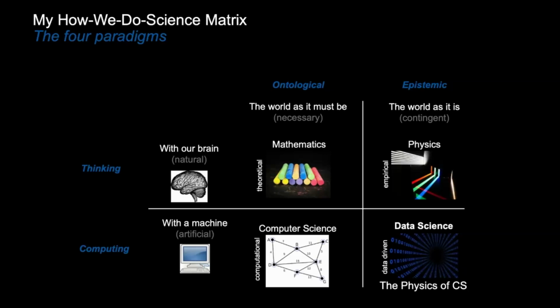But in physics, it's different. In physics, you have to go out and experiment, right? You need to figure out, for example, if you launch a ball, that it's a parabolic trajectory and so on. So all of these rules, we obtain them by experiments, right? The universe could have been otherwise. This is what is called contingent. And so we have to experiment. Now, if we fast forward to